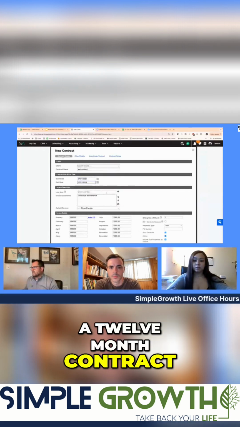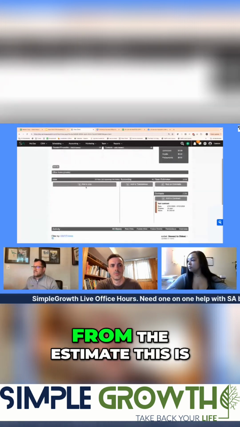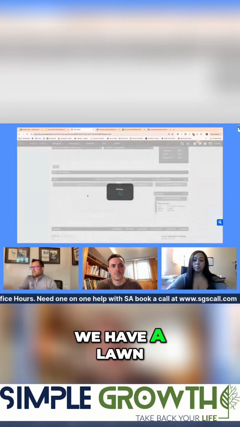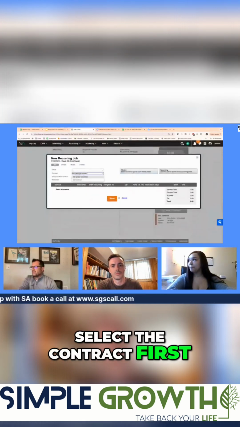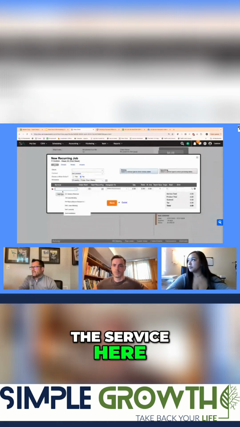Hopefully it's a 12-month contract. But once we hit save, when we go into schedule from the estimate, this is the same option that we're going to get. But if we have a lawn mowing service, we want to select the contract first. And then once we have that set up, we would select the service here